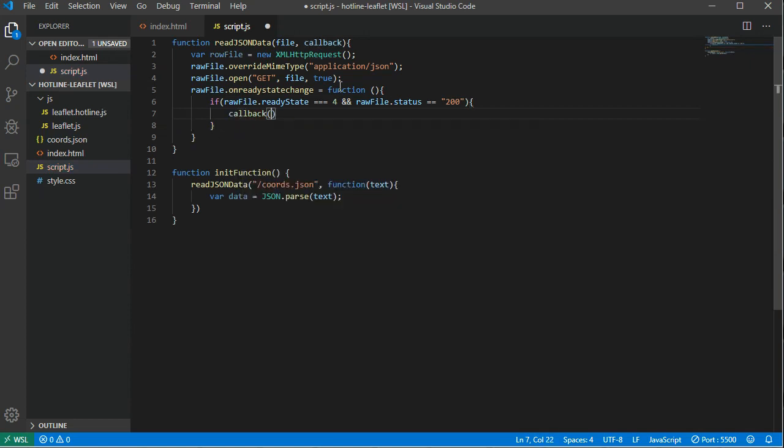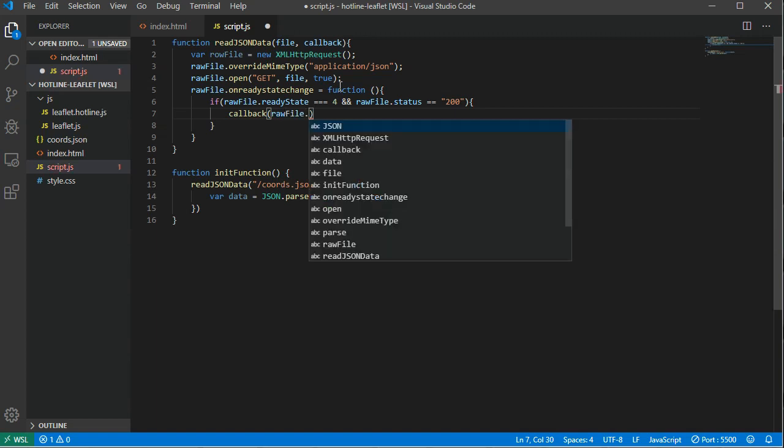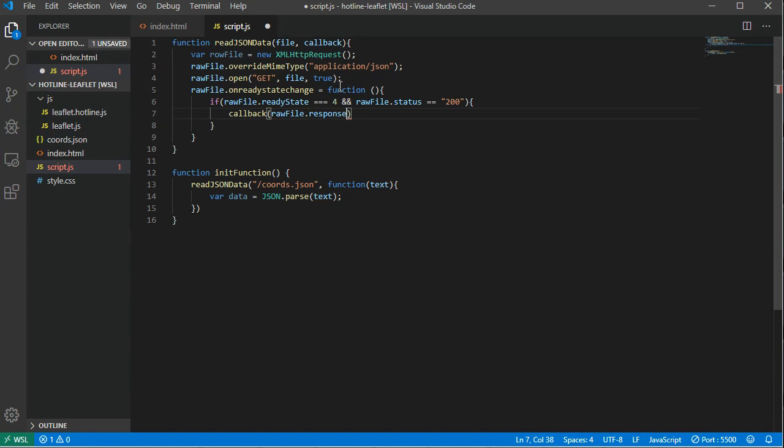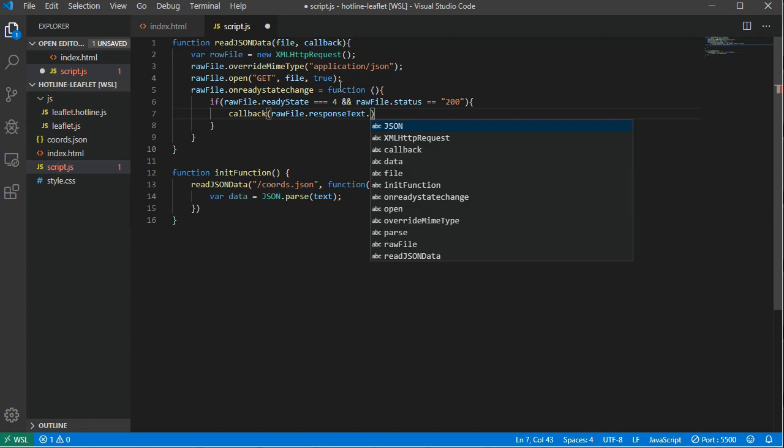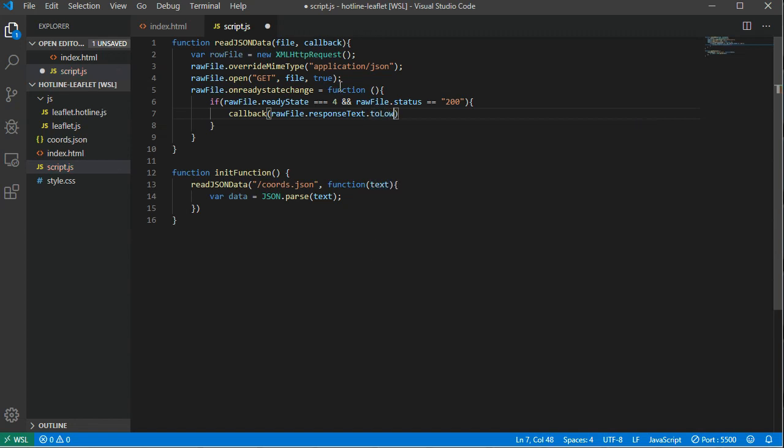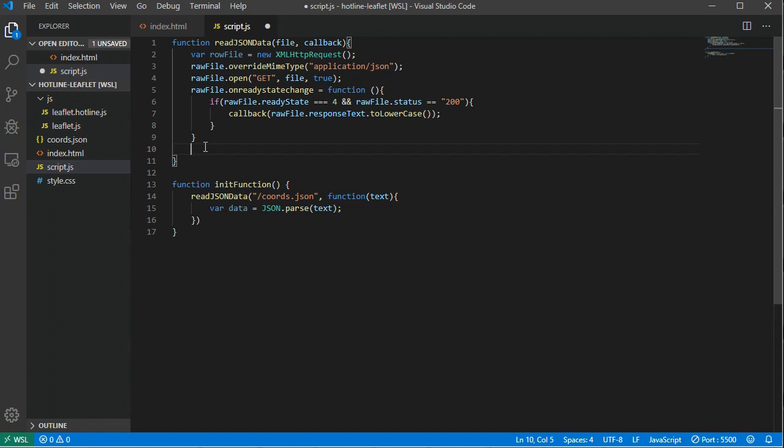we call back raw file dot responseText, transform it in text, all data, and then we also make it lowercase, toLowerCase, like this. Alright, and then below here we just send the data. So we have raw file dot send, and the parameter is null. Send. Okay, so now let's go back to our init function here where we have the data, and then we